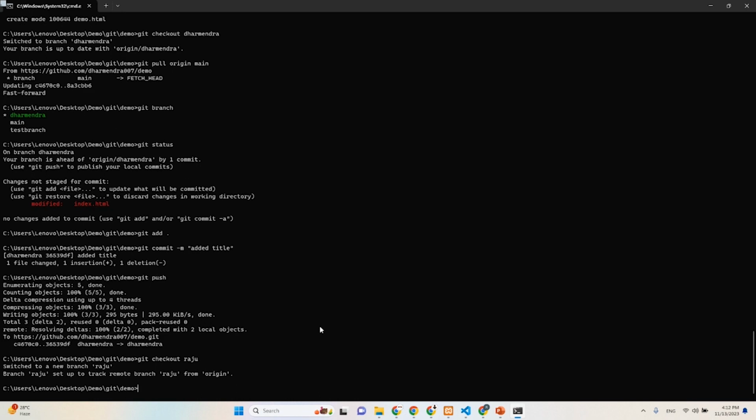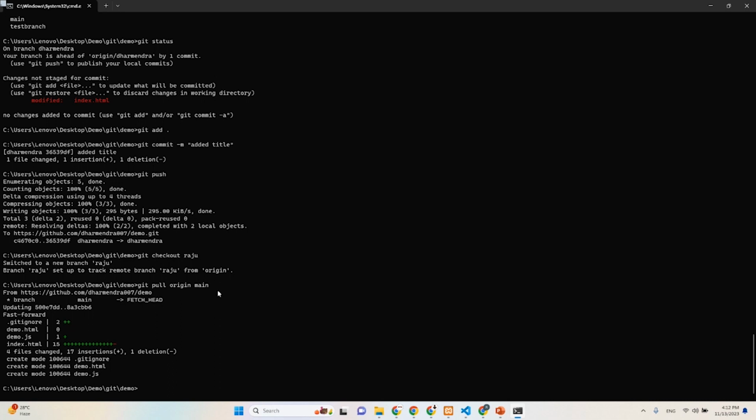Okay, so I will check out in the Raju branch, and again I need to do a pull. Okay, git pull origin main. Don't forget to pull this from main always. Whenever you are doing the checkout, always pull, not only checkout. When you are going to push your code, before that also make sure to pull the code,